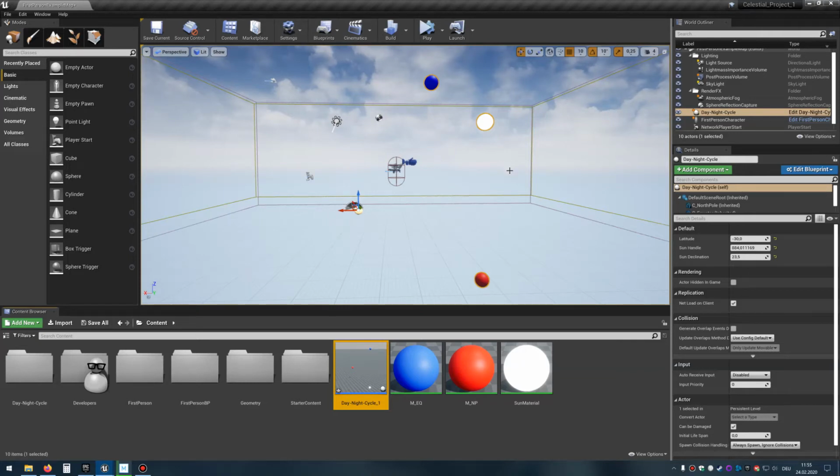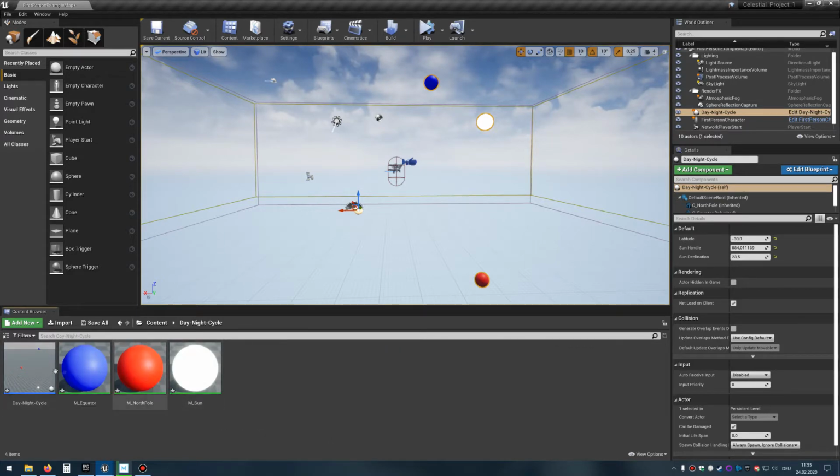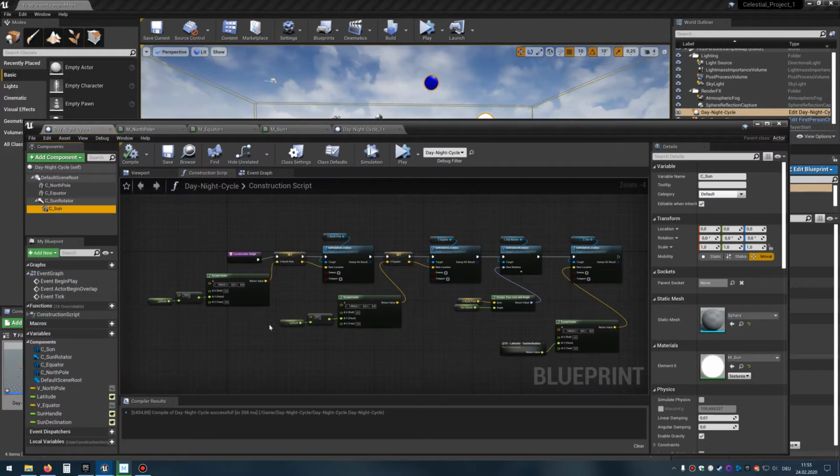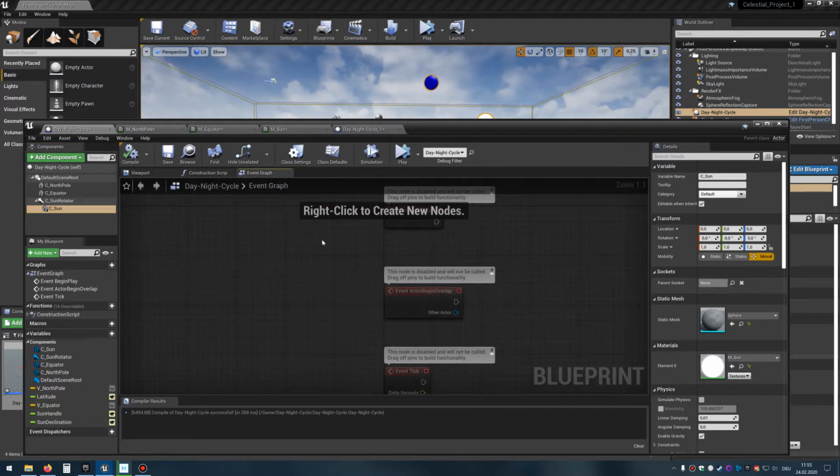In this video we will make the sun move on its own when we press play. So let's open up our blueprint. We are still in the construction script that we created in the earlier video. Now we will open the event graph,